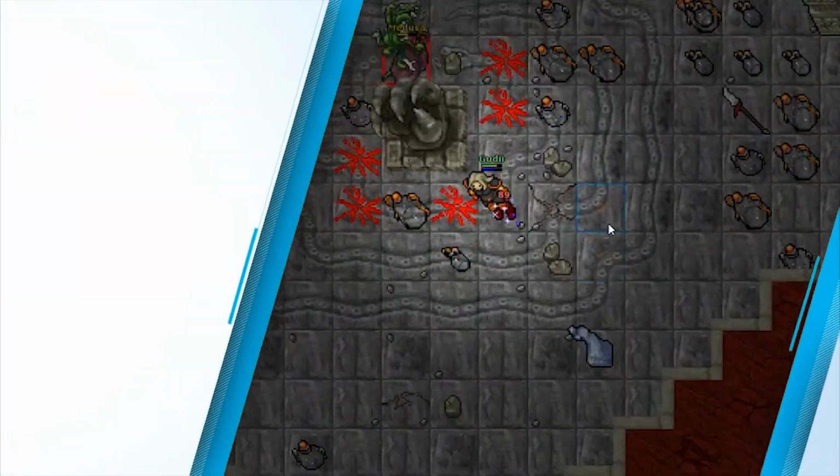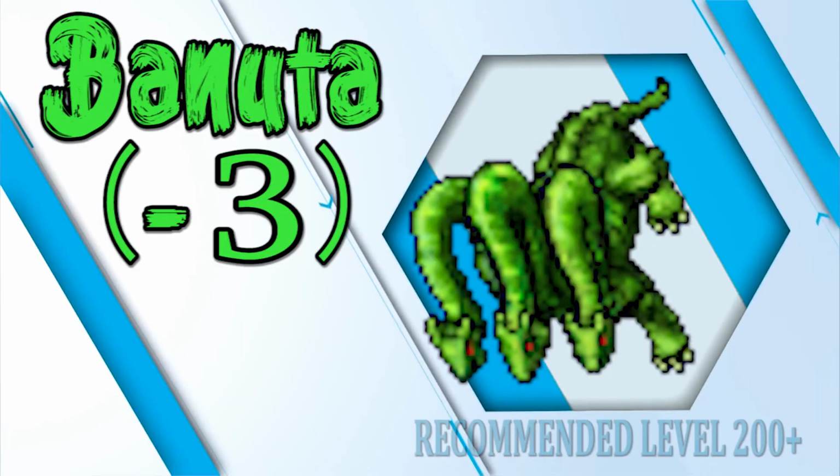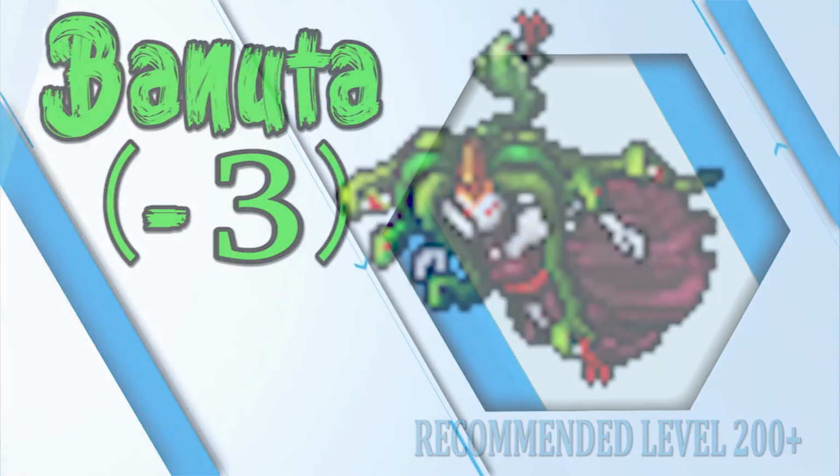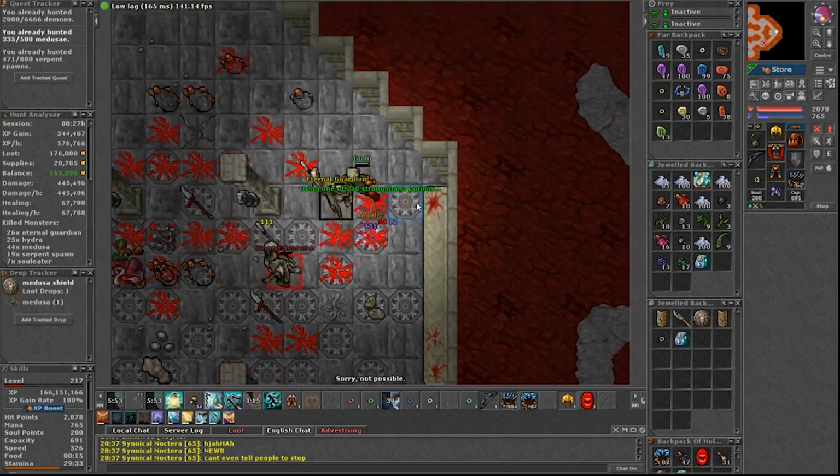This was by far my favorite spawn at the level 200 range, decent experience and great profit. Here is Banuta Ministry. Banuta was one of my favorite spawns, and if I were on that level range today, I would still hunt